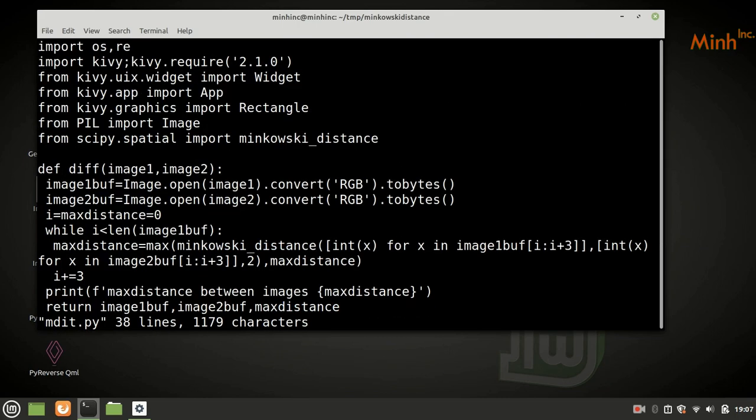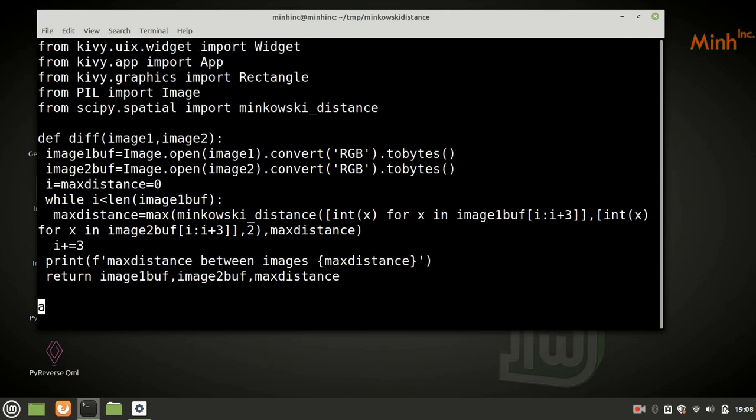Now we have Kivy imported: widget, app, rectangle; from PIL import image; and from SciPy spatial import Minkowski distance. Now in the diff we open the two images and we calculate, I equal to I plus 3, means for every pixel we calculate the Minkowski distance between these two images, and we get the maximum distance. So at the end we get the maximum distance that we print, and then